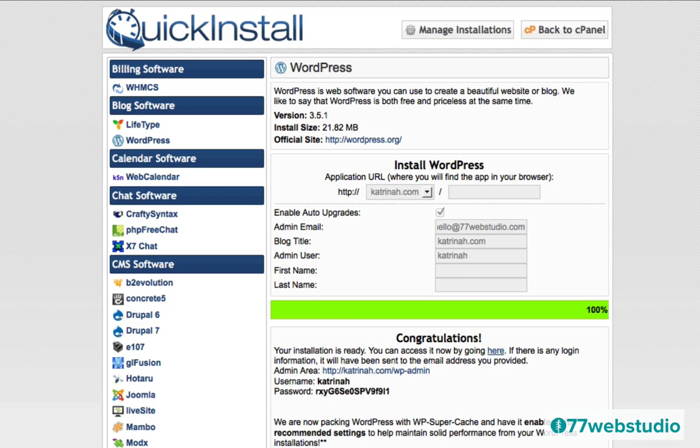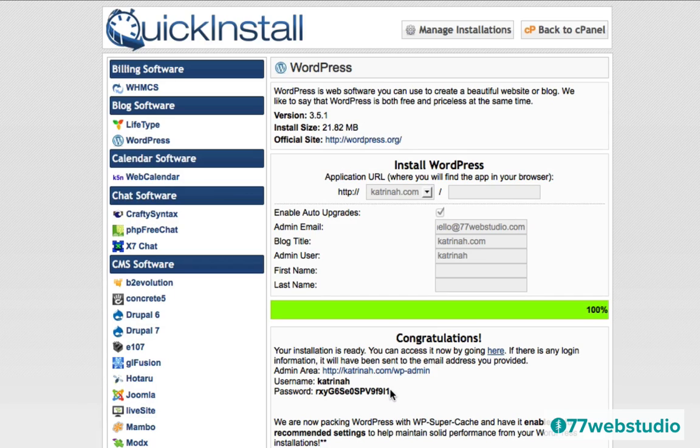Okay, congratulations, your installation is ready. So you can access the installation of your new website by clicking on this link here. And also note that here is the admin area login URL that you'll use in the future to access the login panel. To access your website in the future, you want to make a note of this link here. It's usually your domain name followed by wp-admin. So that's an important link to remember as well, so that going forward you can easily log into your WordPress website. Also make a note of your username and password. This is what you will also need, of course, to log into your website when you click on this link.